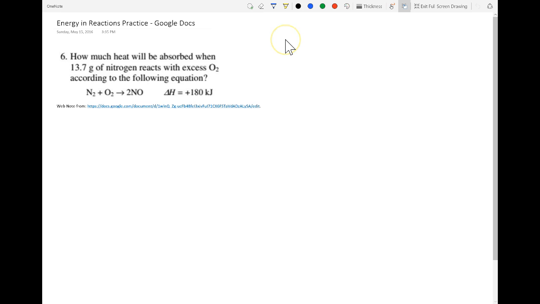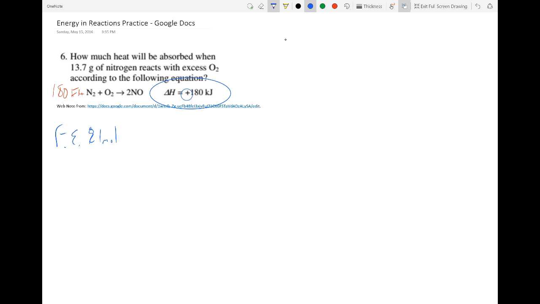Well, then number 6 here says how much heat will be absorbed. So the same thing here. The only difference is this is a positive value here, and so that means that we're going to need to put the energy in. So it's 180 kilojoules on this side. So now we've got for every